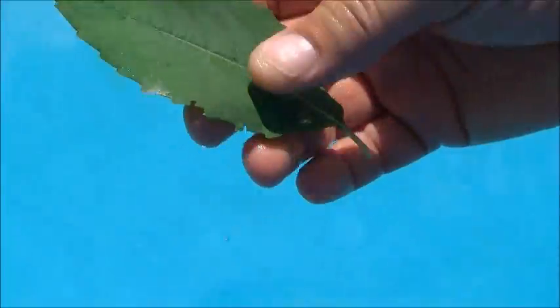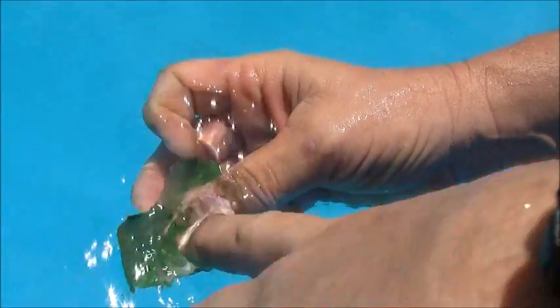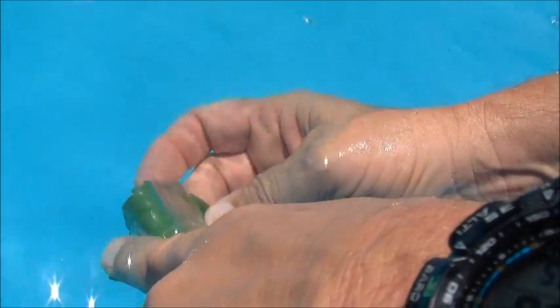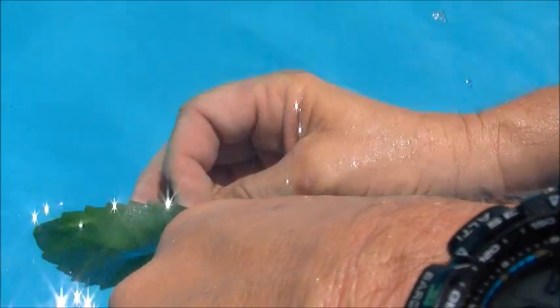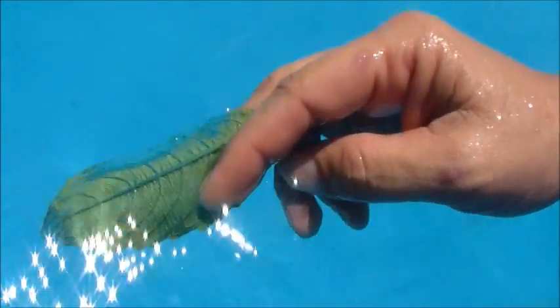Alright, John, here we are by the water with the swimming pool. And I want to put this underwater and show you. I hope they can see this on the camera. It almost glimmers underwater like silver and gold. Yeah. Especially the bottom. The bottom as well. And then when you take it out,